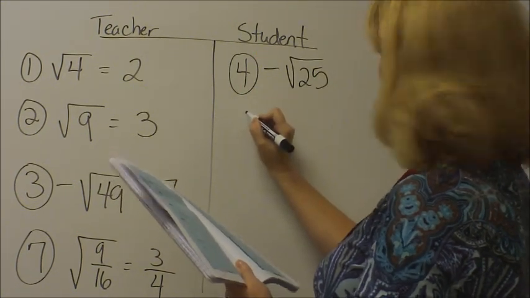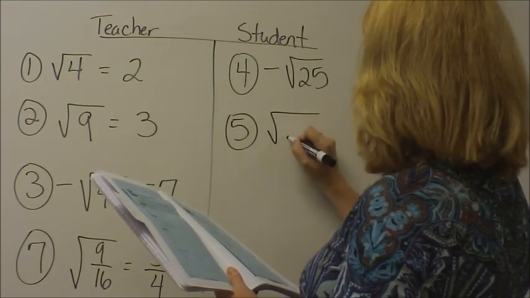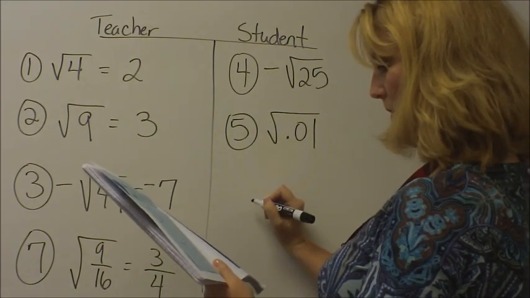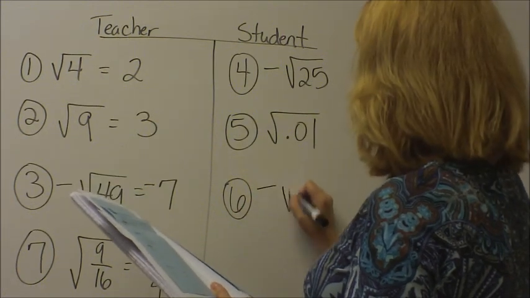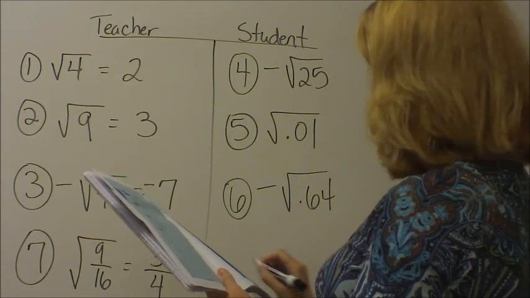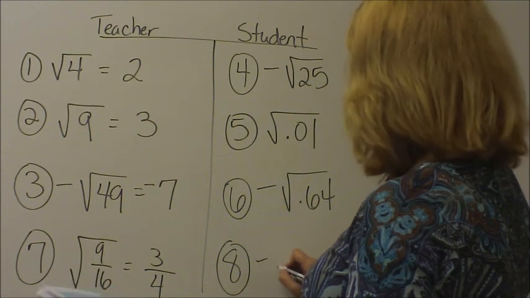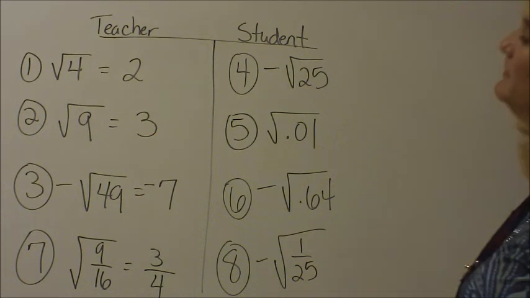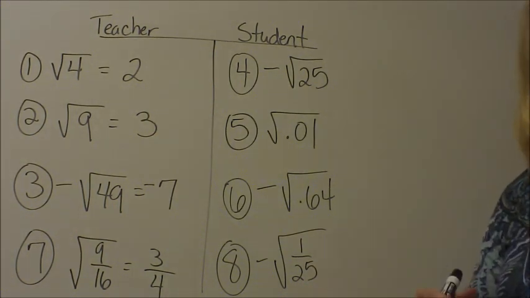Let's do number 5, which says the square root of 0.01. Let's do number 6, which is the negative square root of 0.64. And let's do number 8, which says the negative square root of 1/25. Okay, do those 4 problems from this lesson, and then I want to skip over to